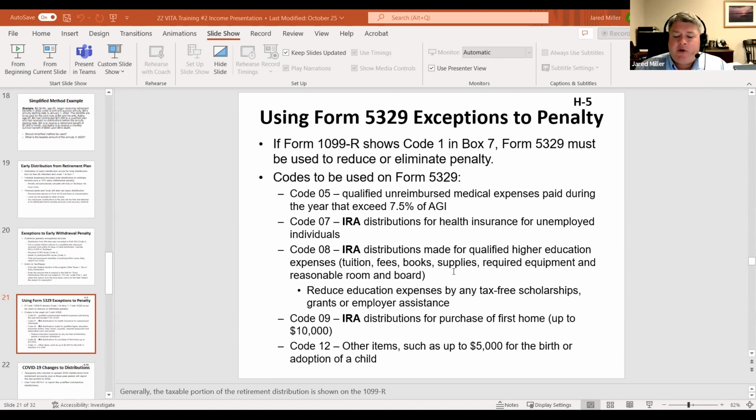Now, generally what I recommend is when you have someone who's taken an early distribution from a retirement account, always ask, or at least I always ask, what was the purpose behind the distribution? Why did you take money out of your account? And they'll usually volunteer a reason. Well, we had to take money out because we had to pay for health insurance, or we had a new child. We had to take money out. If they say something along those lines, that's fine. Now we can take a look a little bit deeper.